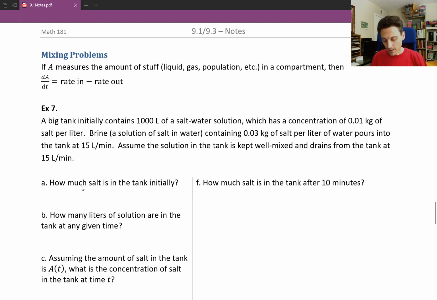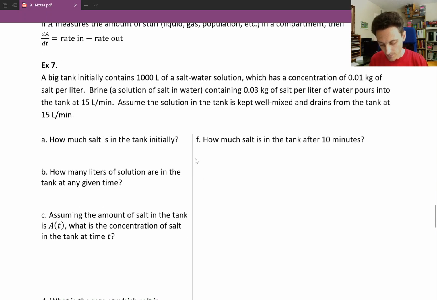Well, let's look at all these different parts that are going to walk us through eventually how to figure out the amount of salt in the tank over a period of time. So part A asks how much salt is in the tank initially. Well, it says there's 1,000 liters of solution inside of the tank, and that the concentration inside of the tank, at least initially, is 0.01 kilograms of salt per liter. So if you take